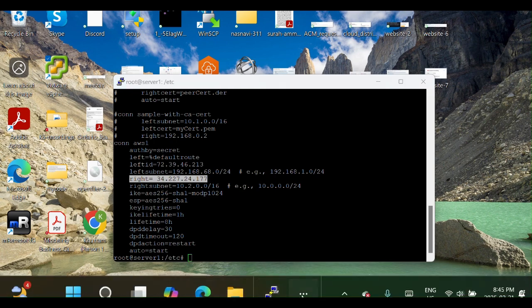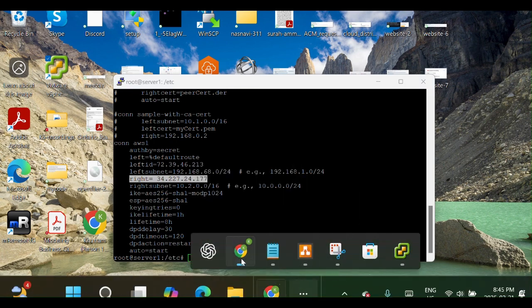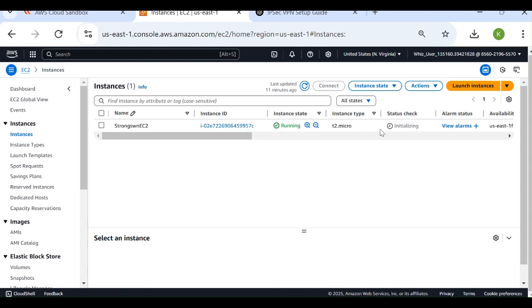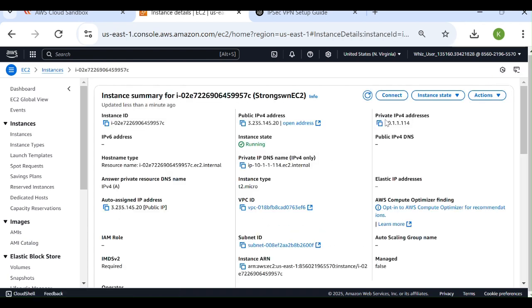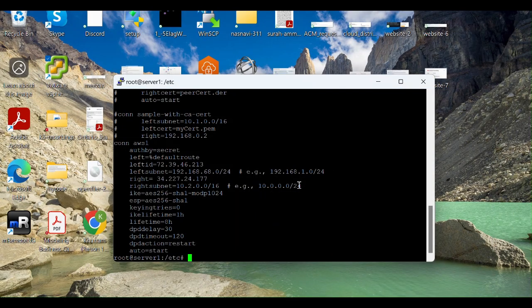So let's go back to our EC2 instance and see if the instance is up and running. I think so. Yeah, it's already initialized. Everything is okay. So let's go and check its public IP. This is its private IP, as you can see, and this is your public IP. So I will copy this IP, and I will go in the file,